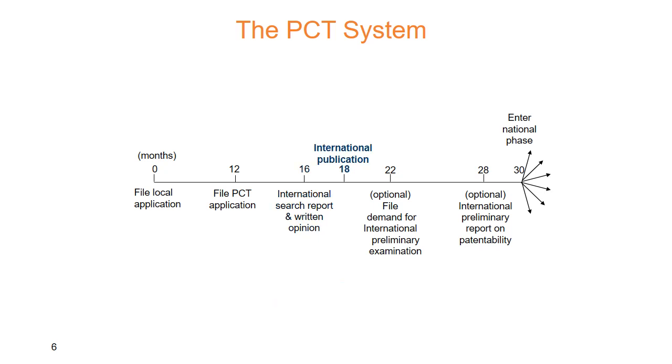Next we go to the international publication. In the 18th month we complete the international publication. After submitting the necessary documents, the application is published. After the completion of the 18th month, before the application is kept secret, the International Bureau of the World Intellectual Property Organization publishes the PCT application, so the content of the application is disclosed to the general public.